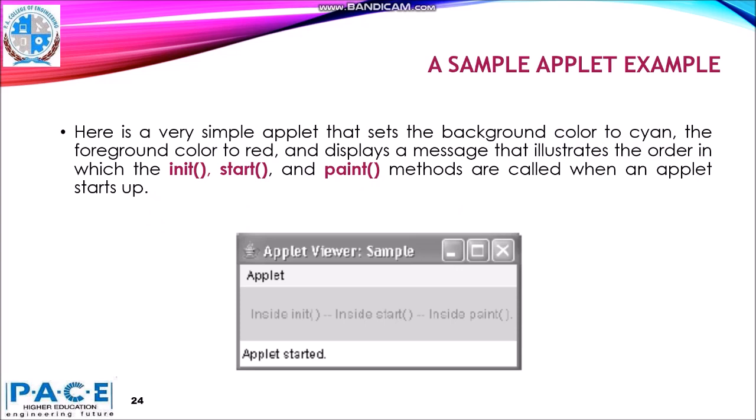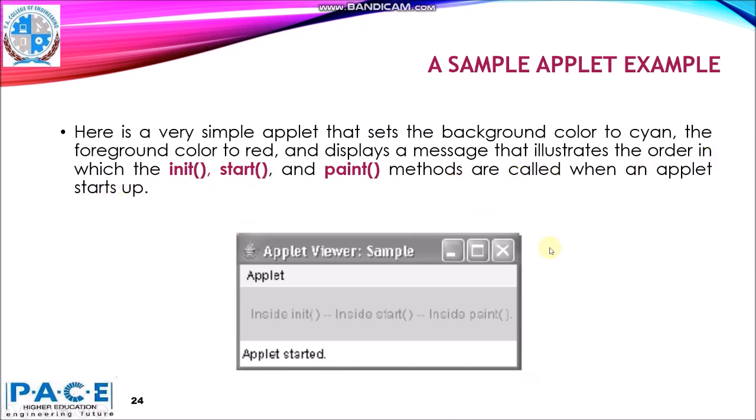Now we'll see a sample applet example. In this applet, we set the background color to cyan and the foreground color to red, and the applet displays a message that illustrates the order in which init, start and paint methods are called when an applet starts up.